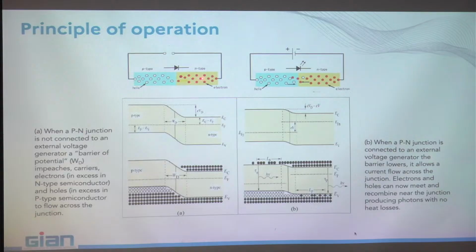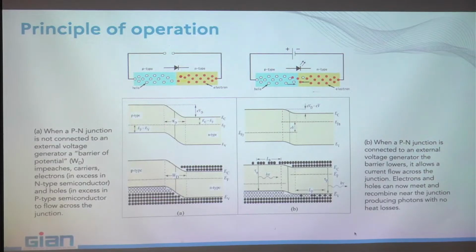Due to diffusion, normally N charges want to go to the other side, and P charges to the other side, but the barrier potential forbids this natural diffusion. And nothing happens. Now, if you add a small DC voltage above the threshold for the PN junction, then